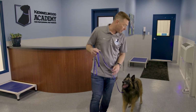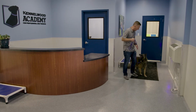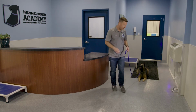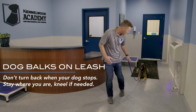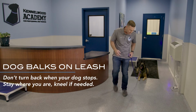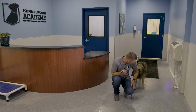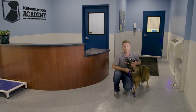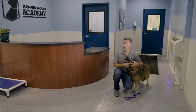Now, there are some puppies that I've seen that will absolutely just lay down on the ground and go flat. What's really important at that point, let's say that dog just laid down on the ground, is that I don't turn back to them and go backwards to them. I'm just going to stay where I'm at and maybe tap my leg and get them to come up to me here. Maybe give them a little bit of a break at this point before you start moving again. But the important thing is not to go backwards whenever they refuse,